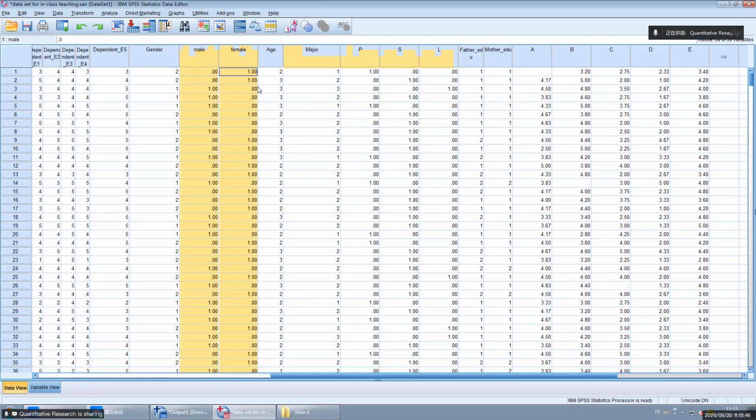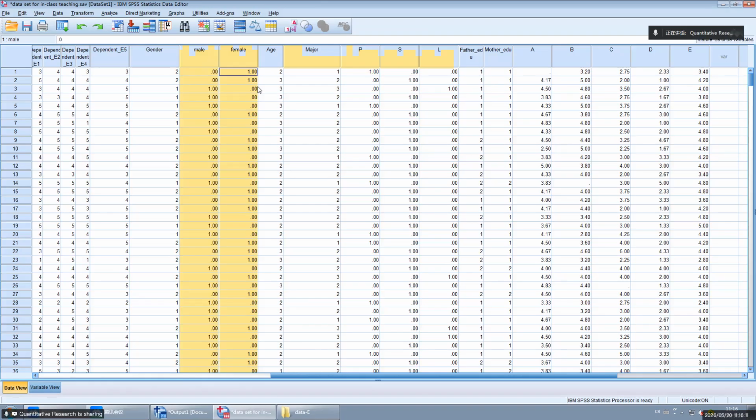I need to choose either of them as the reference group. What is a reference group?